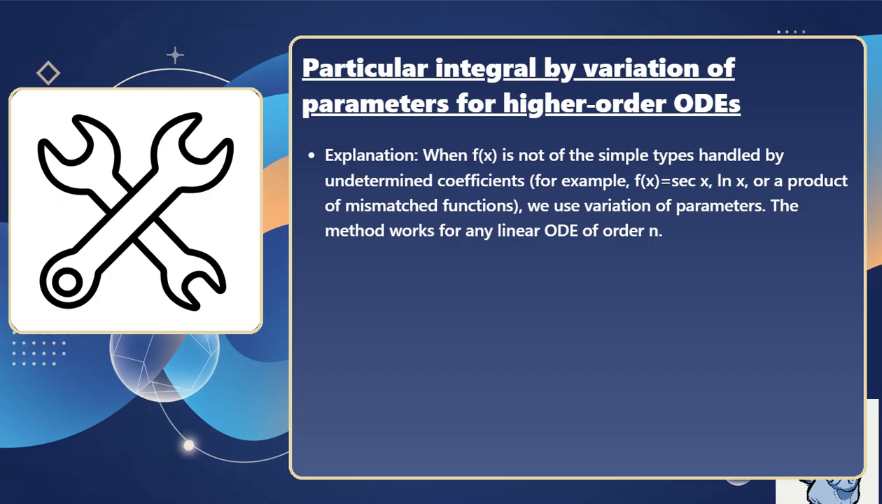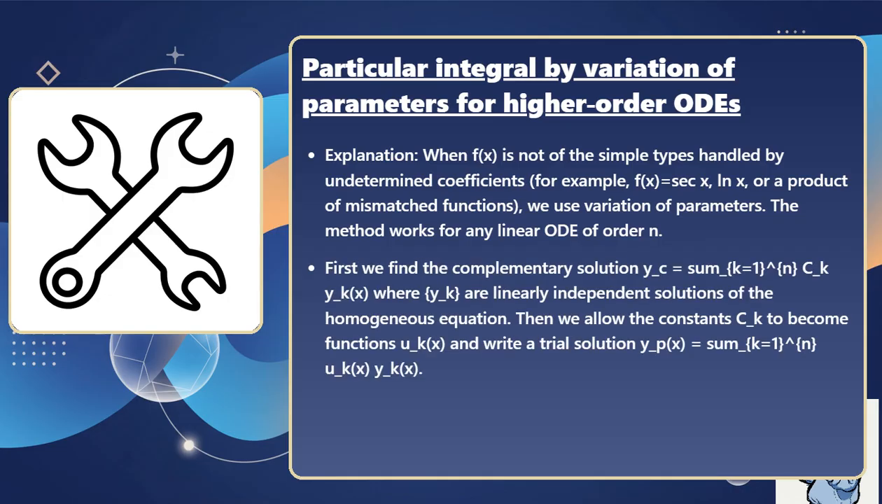Variation of parameters is used when f of x is not of the simple types handled by undetermined coefficients. For example, f of x equals sec x, ln x, or a product of mismatched functions. The method works for any linear ODE of order n. First, we find the complementary solution y sub c equals sum from k equals 1 to n of c sub k times y sub k of x, where the set of y sub k are linearly independent solutions of the homogeneous equation. Then we allow the constant c sub k to become functions u sub k of x,